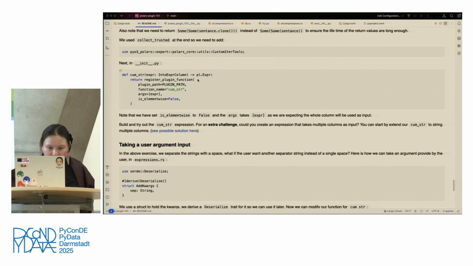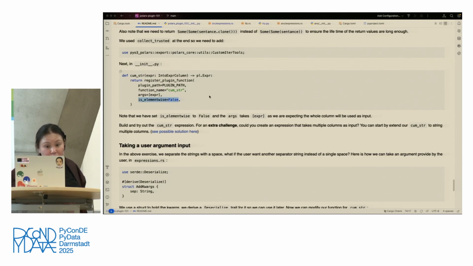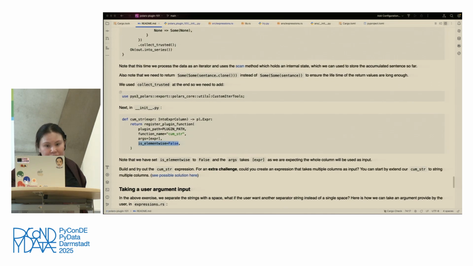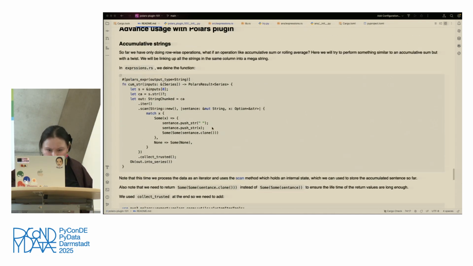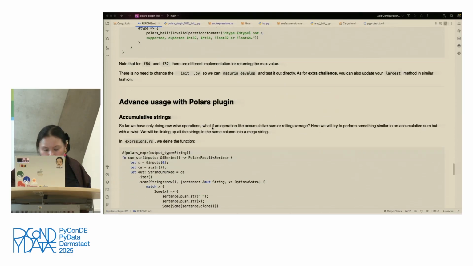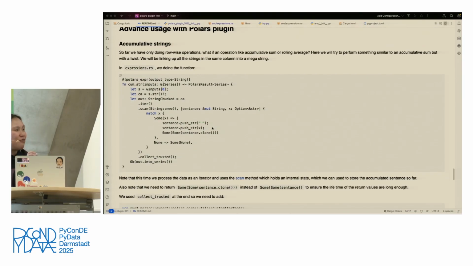So the string is more or less the same on the Python side of things. But what we are doing here is to make element-wise force, because what happened before is that we would work on them one by one. Oh, sorry, I know why it's super weird here, because what we are doing here is to